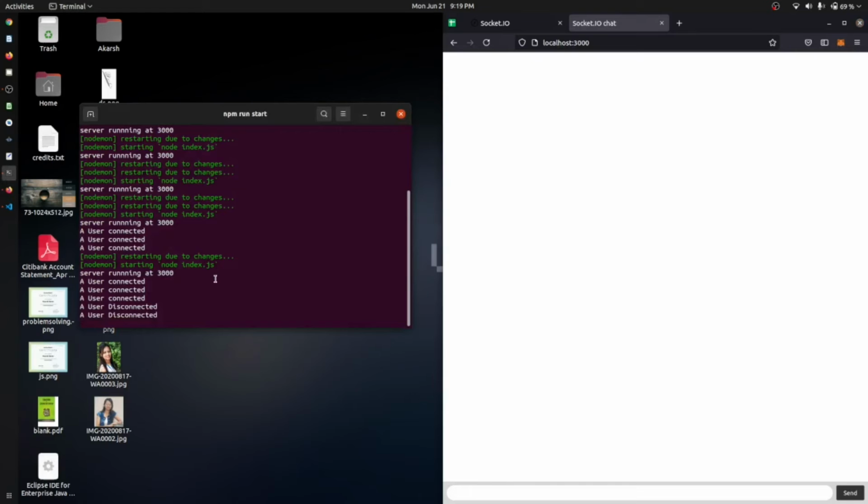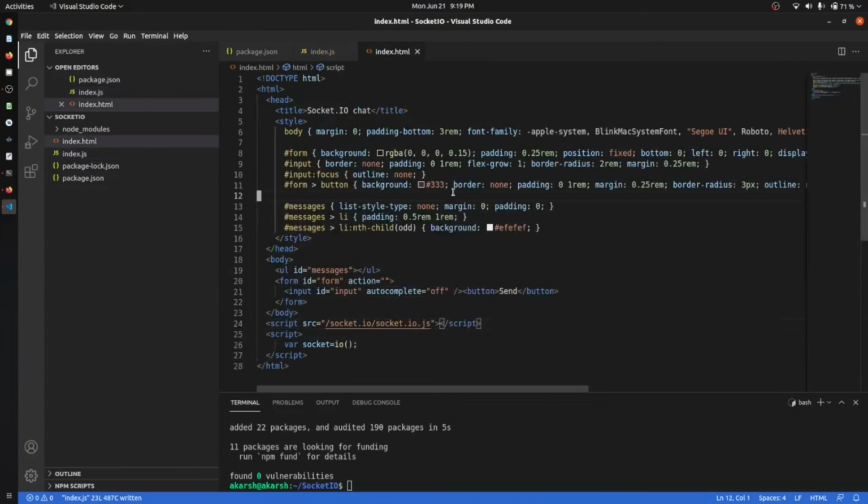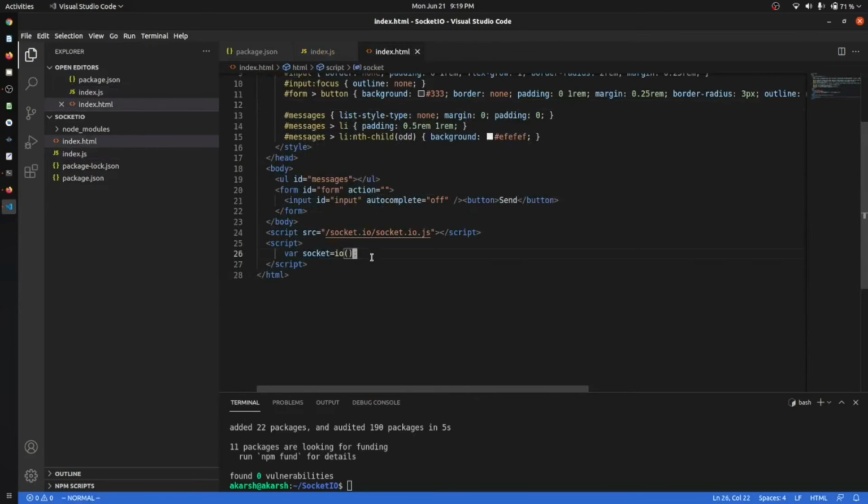Now we have to directly use the input from our user. We will go to the index.html page, and inside this script we will use the form.